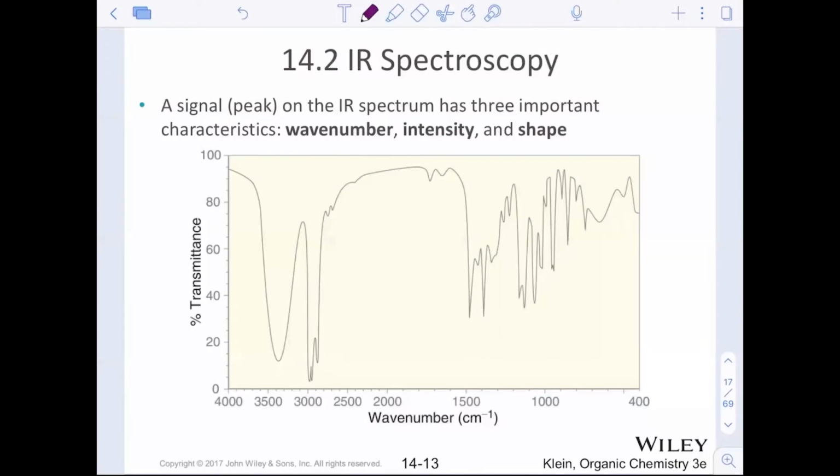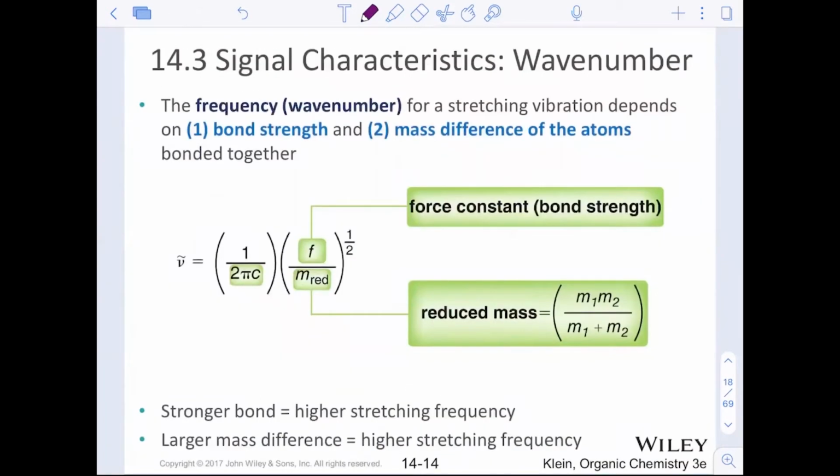All right, welcome back. As we continue our talk on IR spectroscopy today, we want to remember the three things that we're going to be talking about: wave number, intensity, and shape. These three characteristics are going to help us identify what type of functional group is present in our unknown molecule. Speaking of wave number, frequency or wave number for a stretching vibration is dependent on two things,